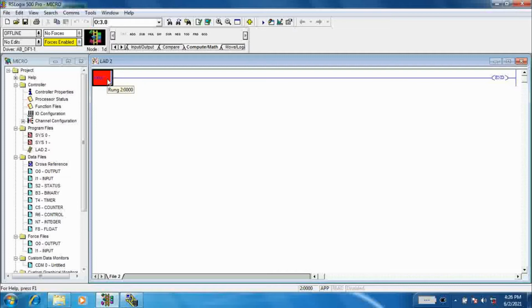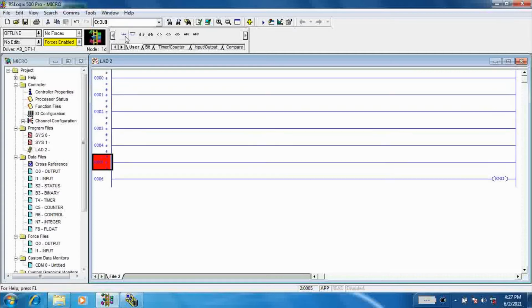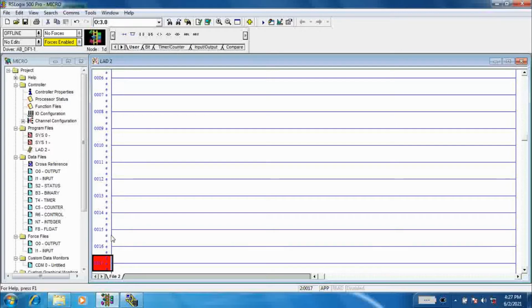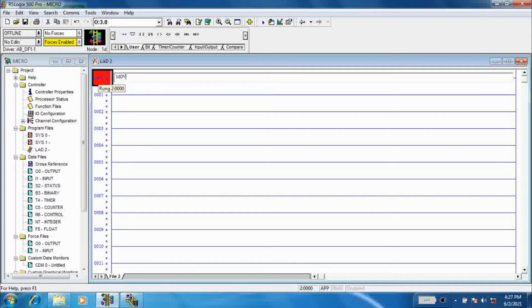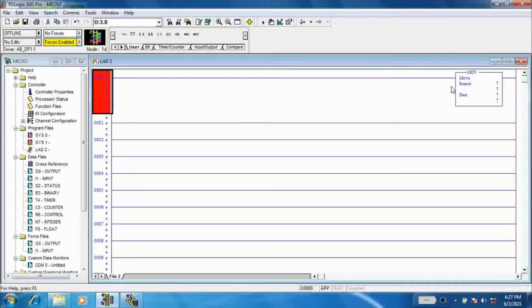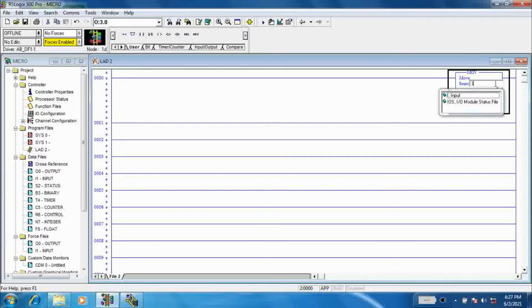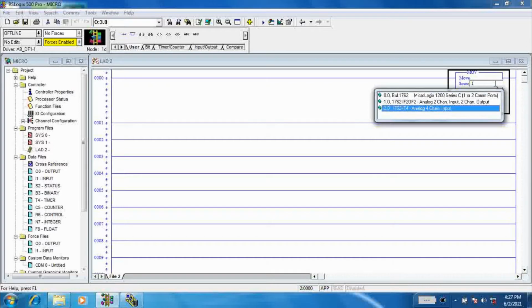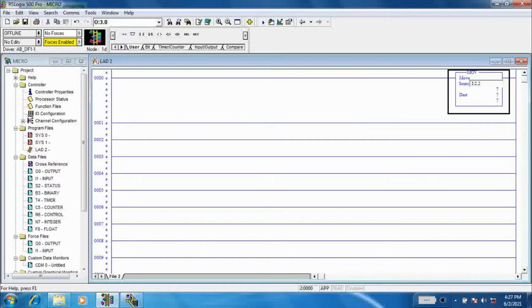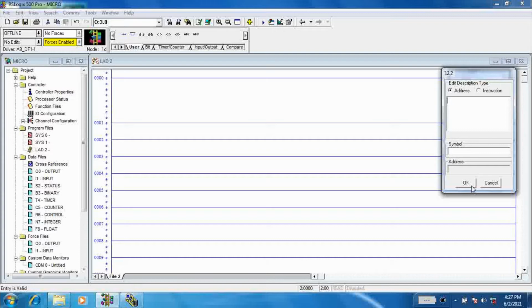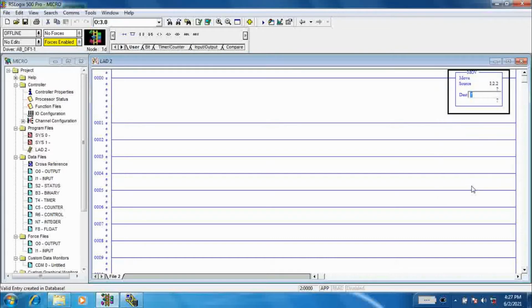Now starts the program. First configure the output 1. This is the move instruction which moves the data available at source to destination.